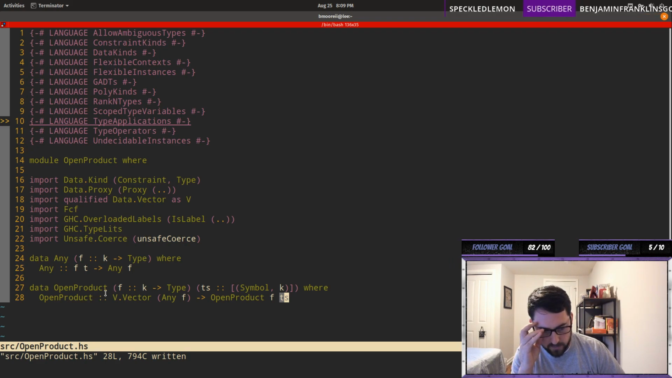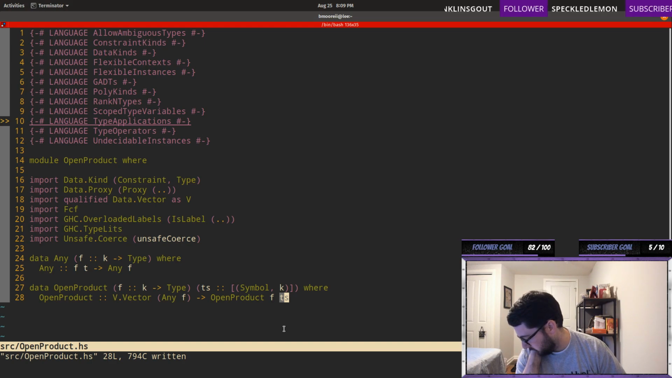All right, so F is the type of what we're storing. And TS is a list of symbols and their values. So I think this is the dictionary. Hopefully this will make more sense towards the end. So the parameter TS